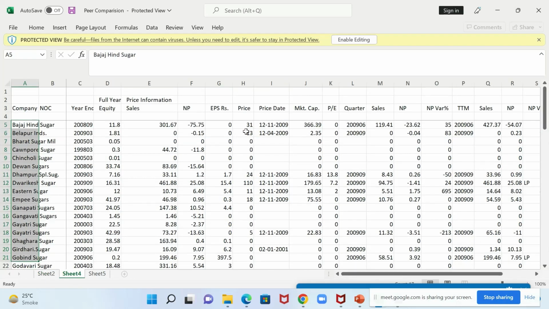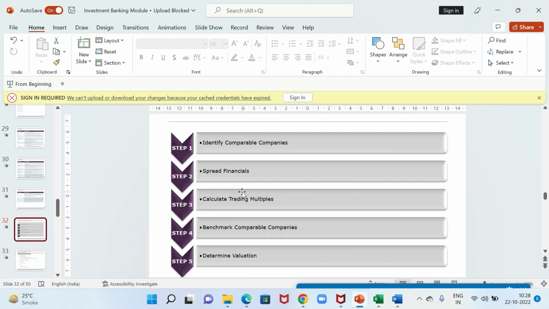This you will get as a dump, and this dump can be of all the sugar companies. This can be a dump on the basis of a filter of geography, a filter for market cap, a filter for sales. There are specific comparables. These are the basic categories that we should always use as an identifier for selecting the comparables. Understand if the company is in the same product line, same geographies, similar kind of sales, similar kind of market cap.